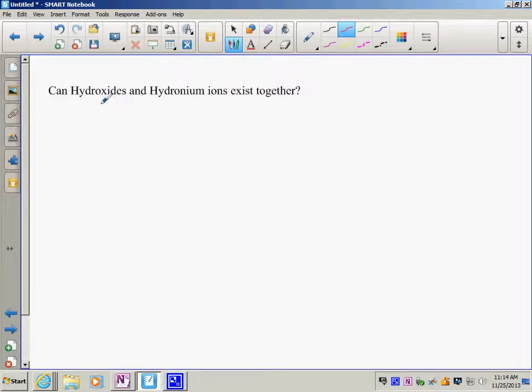Can hydroxide ions and hydronium ions exist together? This is an interesting concept. As the analysis of acids and bases was developing, we discovered that water, I'm going to flip back to my black, H2O, two of them for that matter, go to, in solution, we found that they produce H3O plus ions and hydroxide ions. This is called